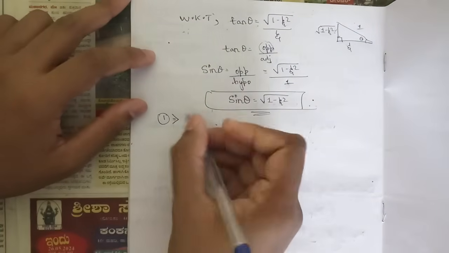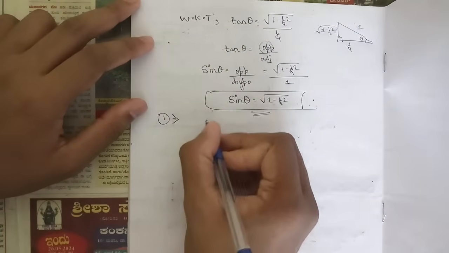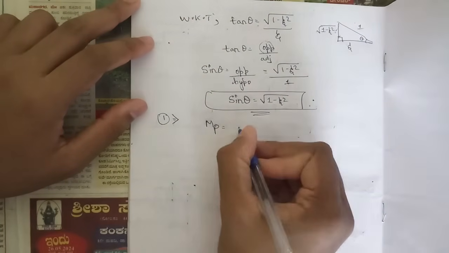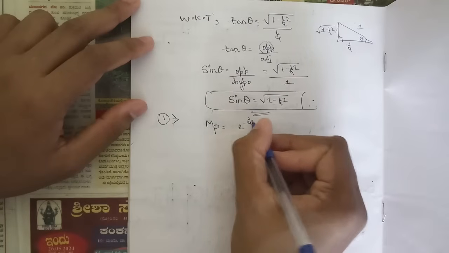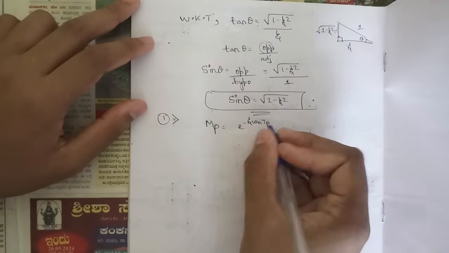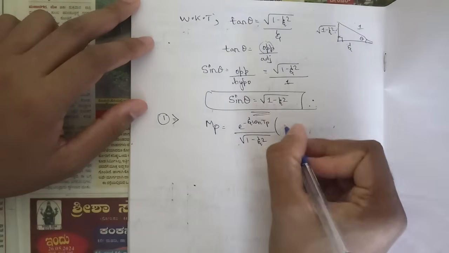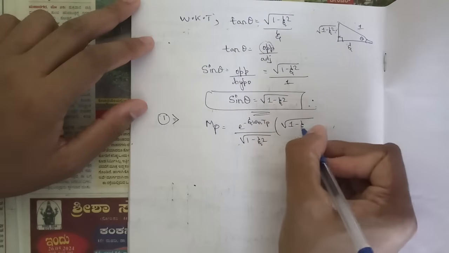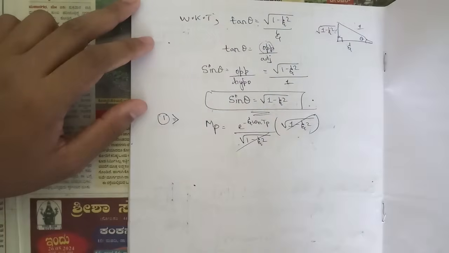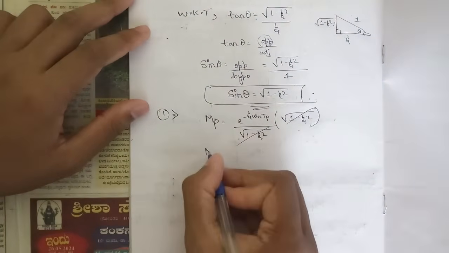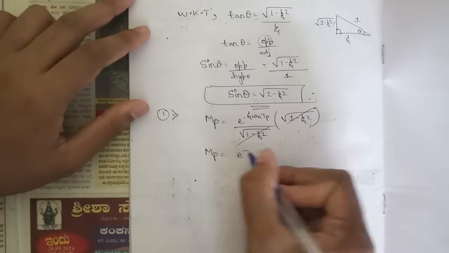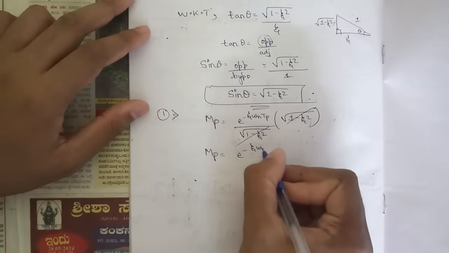So now equation 1 would be Mp is equal to e to the power minus zeta omega n Tp divided by square root of 1 minus zeta square. Now in place of sin theta, substitute square root of 1 minus zeta square, so that we can cancel these two out. Okay, so the remaining term is Mp is equal to e to the power minus zeta omega n